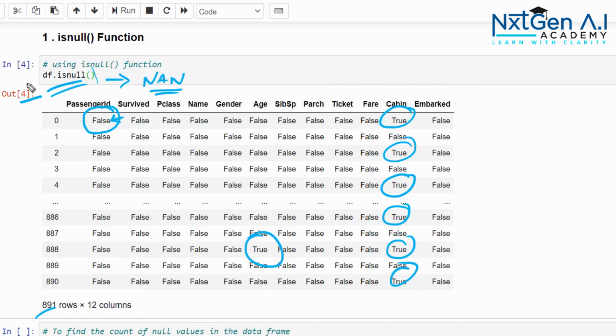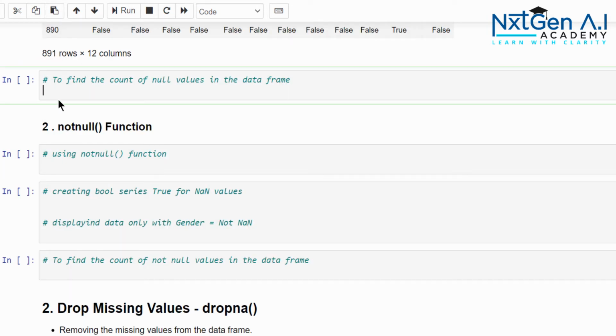But in a real-time scenario, just this isnull method is not sufficient to analyze the data. So let's improve our code and try to find the count of NaN in each column using a simple function. So what I can do is write a function, def, let me give the name null_table, passing the argument the data frame.